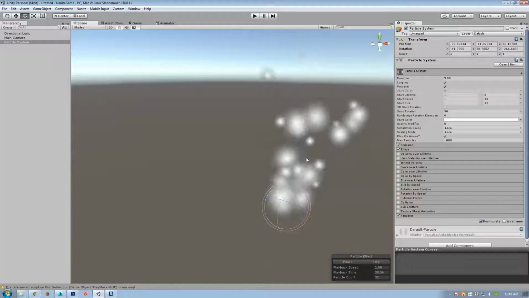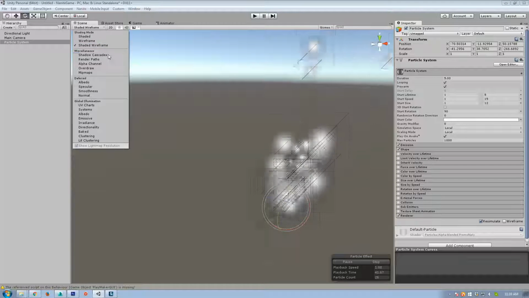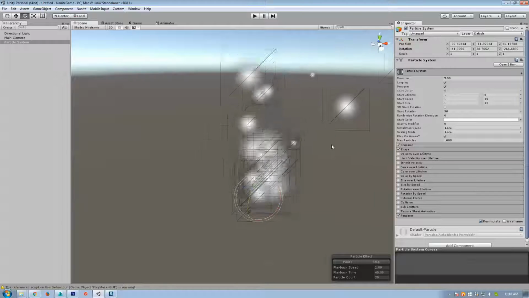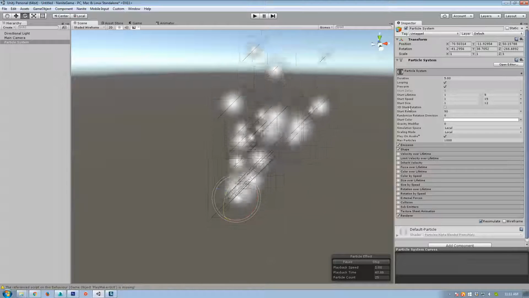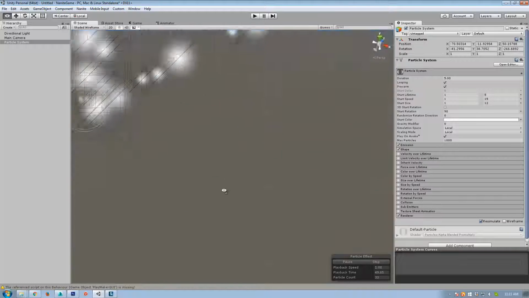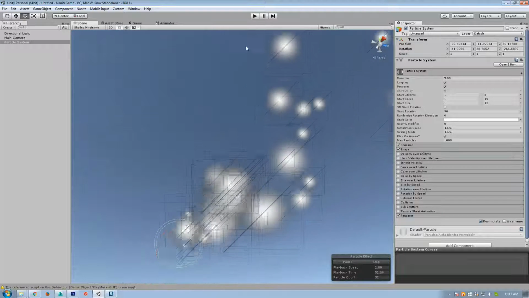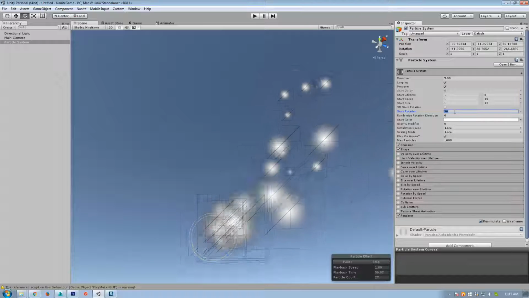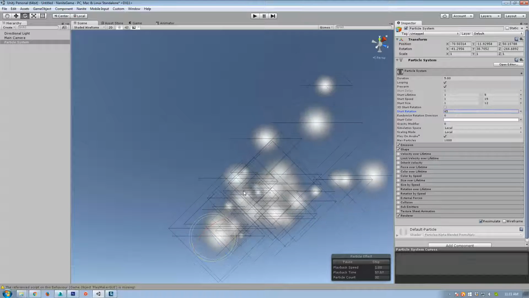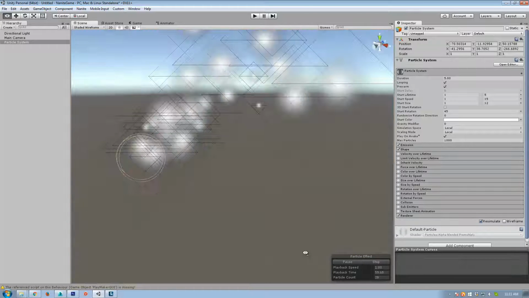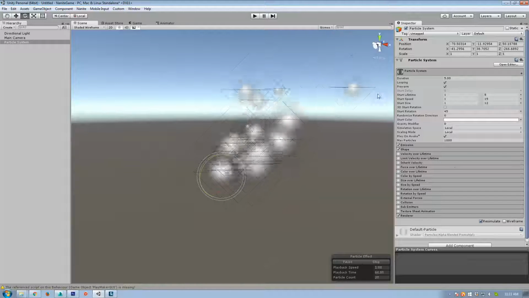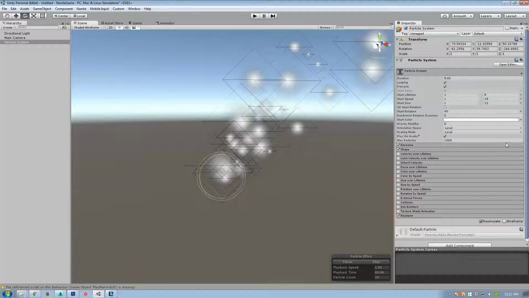Start rotation is of the actual, if we go to shaded wireframe, so each particle that we're spawning right now is called a billboard. It's just a square. So start rotation right now you'll see is wherever we rotate the camera, these are parallel to the camera, right? If we do a start rotation of 45 degrees, then they'll all spawn at 45-degree angles. So obviously with just the little floof that we're using right now, you can't really tell, but if we change